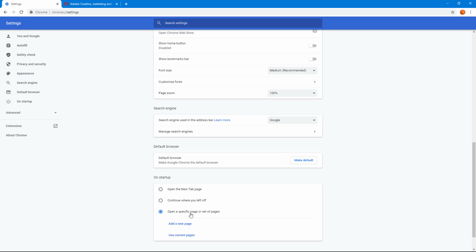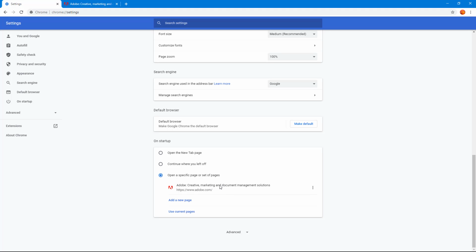I can go back over here and then I can use current page. You can see that it opens up the list of pages which are here. In my case, there's only one page, so I can simply select this one right here. So now each time I open up Google Chrome, it'll open up adobe.com. Or to customize it to the page I want to actually access, I can go and click on